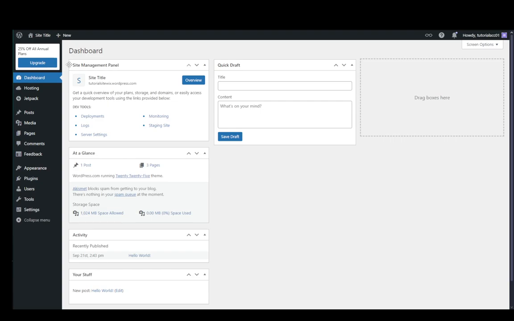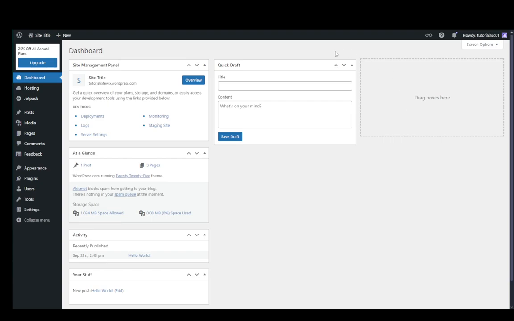Now, the first one is the simpler one, which I do recommend you use, and a landing page is basically a coming soon page where you'll just say this site is under maintenance, or this site is coming soon, this site is in development. Do whatever you want with it, but there is a built-in functionality on WordPress which you